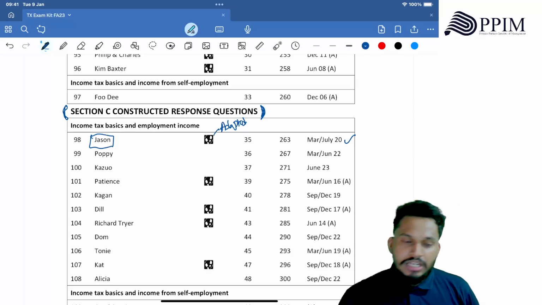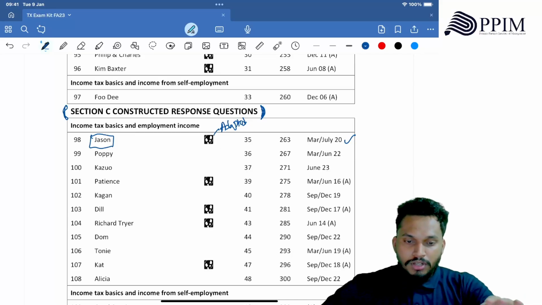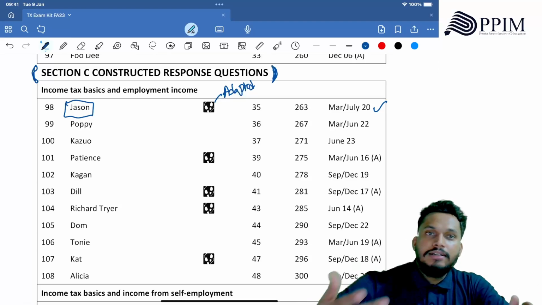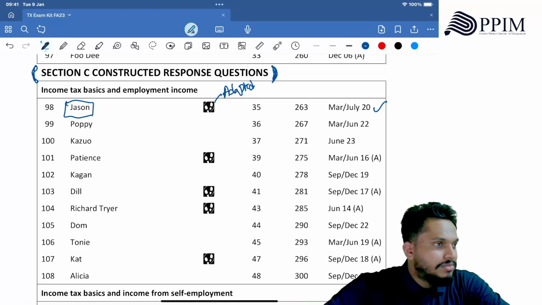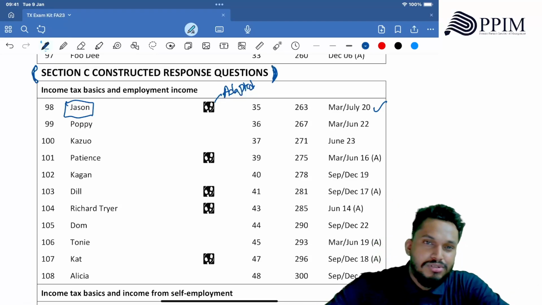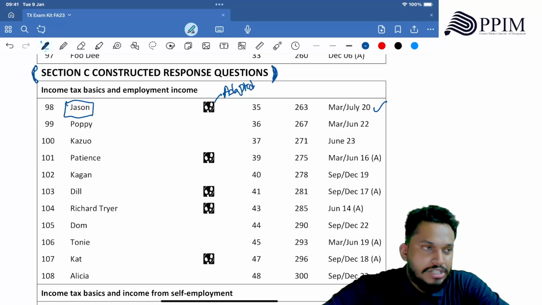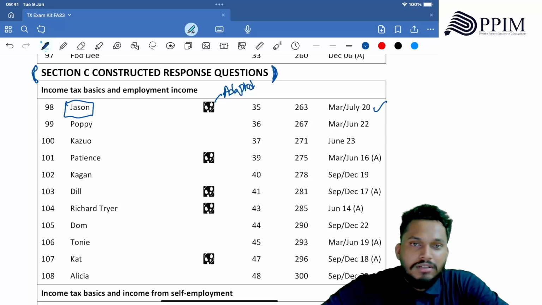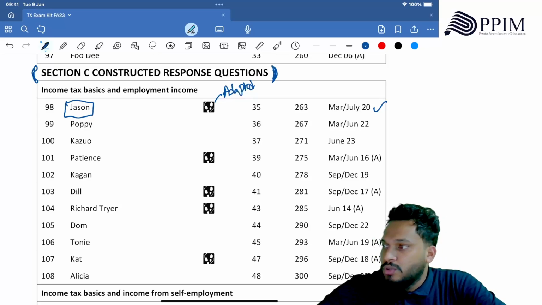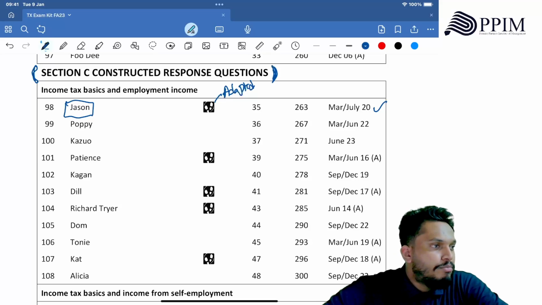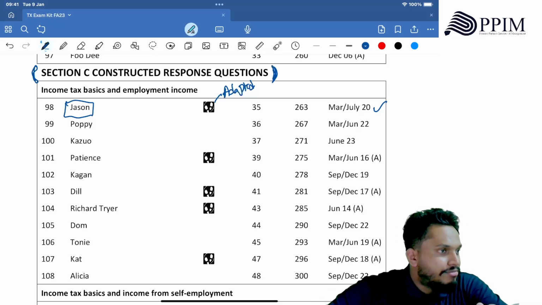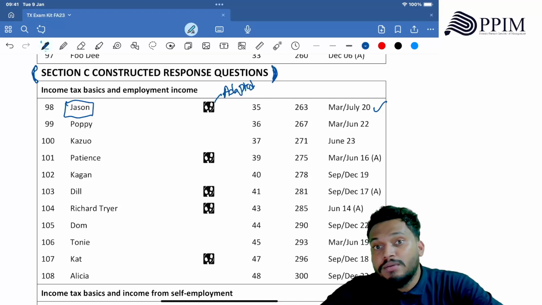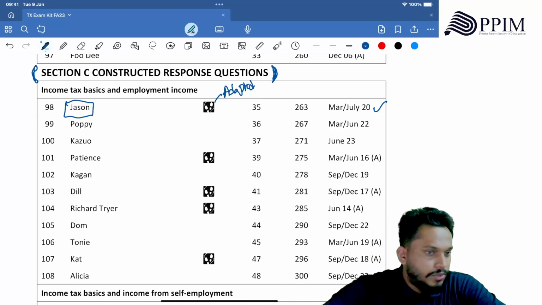So whom are we going to see? Jason. Fine. So go to page number 35. Better to have your laptops with you, then it's easy. Don't bring your books for exam expert sessions. You got it? Because you are going to type on your laptop or on your computer, right? So make sure you also have that platform, so you are practicing from home itself. Don't make it a habit that the first time you go to the exam hall you see your screen to type your answers. Okay, fine.